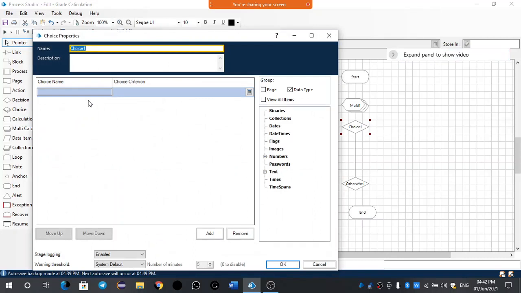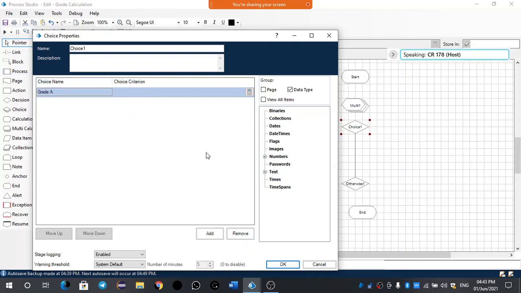See what you get here is you need to add more number of choices, that is choice name and choice calculation. So go for add, add choice name you have to give. So my choice name first I was taken as grade A. Type grade A.